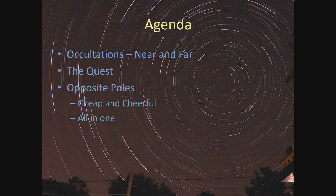Anybody who's interested in occultations has this nirvana that they seek. They seek to be able to go out, plunk a telescope somewhere, have it automatically find the target, and then just observe whether or not it turns out. That never works. So we'll talk about what we're actually trying to do